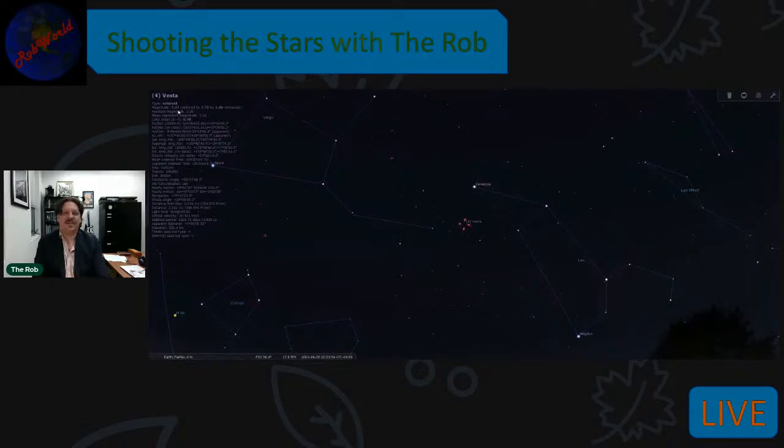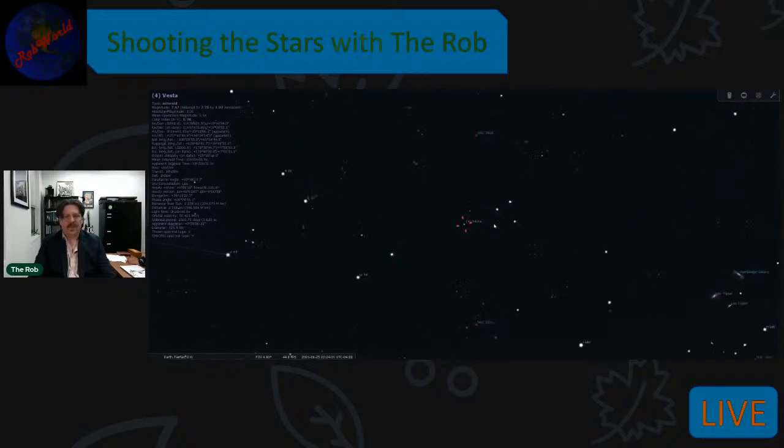Now, the way to find asteroids is to use a program such as Stellarium. You would see where it is in the night sky. You would zoom in, and you would look at the stars in this region, and basically print out a map of what the sky without Vesta would look like for this region. And then when you looked in the night sky, you would try to find all of the stars that would normally be there, like Omega Virgo,